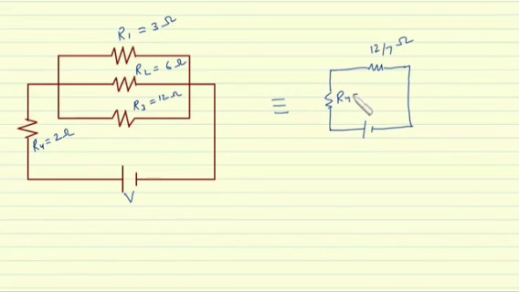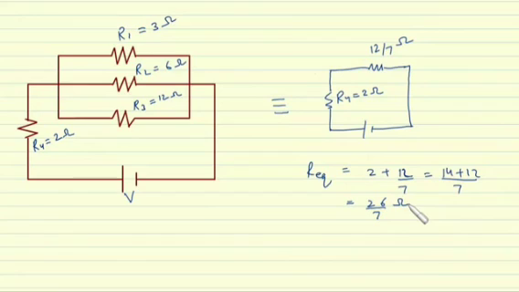Here we have R4 equal to 2 ohm. Now you can clearly see that this R4 and this 12 by 7 are in series. Both of them are in series connection. So to find the equivalent of a series connection, we just simply add both the resistances. So the equivalent of this circuit will be 2 ohm plus 12 by 7 ohm, which is equal to 14 plus 12 divided by 7, which is equal to 26 by 7 ohm. I hope you have understood the